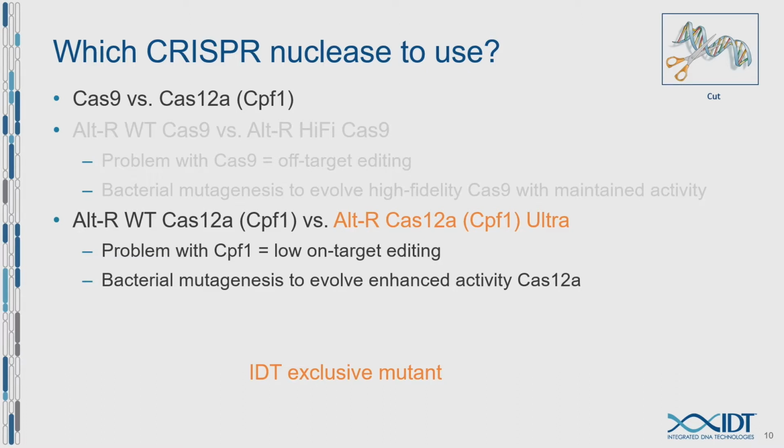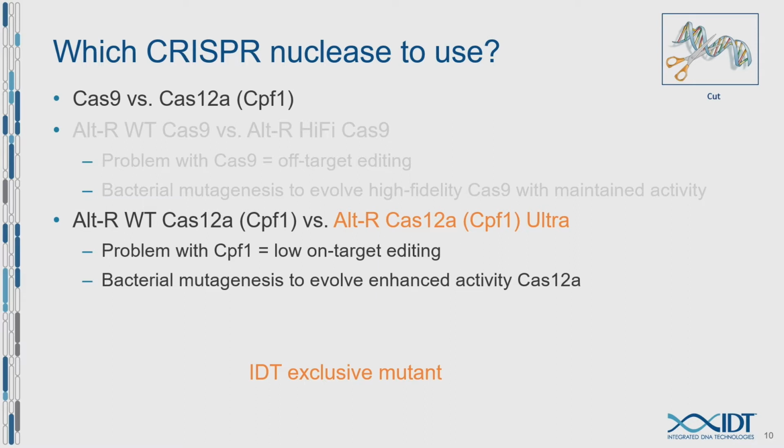So then the other nuclease I spoke to was Cas12a. This was discovered sometime after Cas9. And when we did the first testing of this and purified the protein, it just didn't work quite as well as Cas9. So we went through a similar bacterial mutagenesis approach to try to evolve this to have enhanced activity,